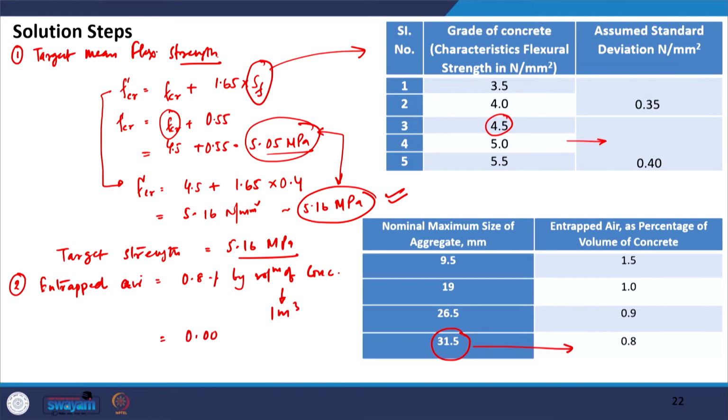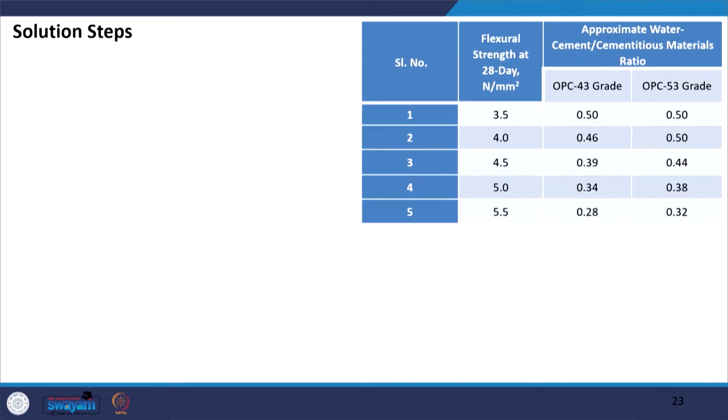So, this becomes equal to 0.008 meter cube. All right. So, I think you understand both these steps very clearly. Now, let us move to the third step, and the third step is to select the water cement ratio. So, in the third step we will be selecting